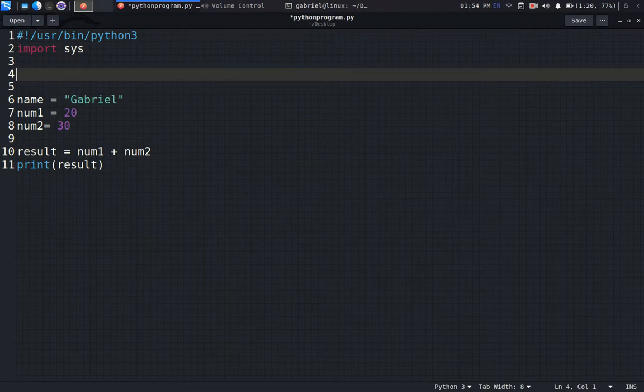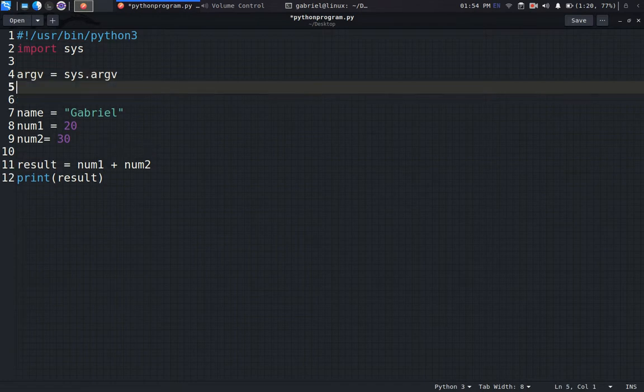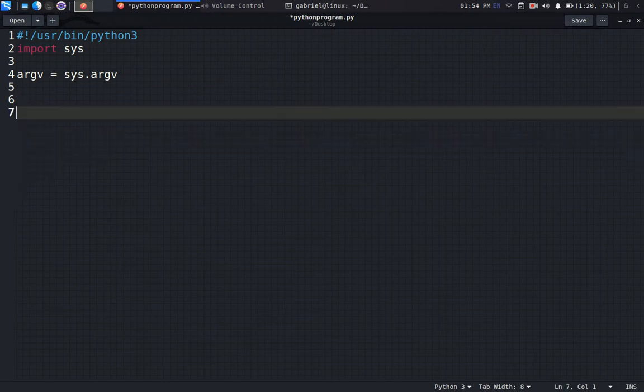say our argument. So this is our argument value, and it's coming from sys.argv, like that. Inside this sys.argv, we can try to view what is there by using